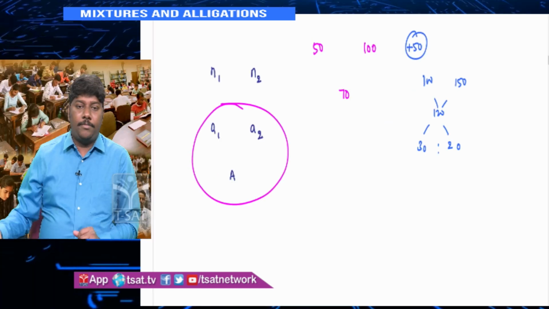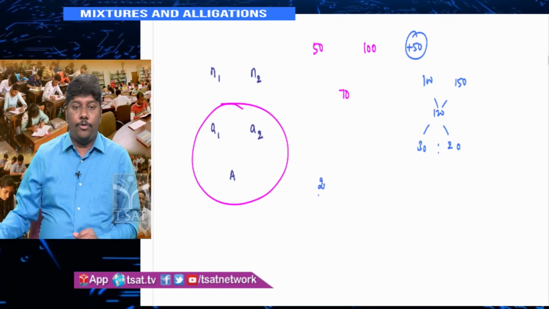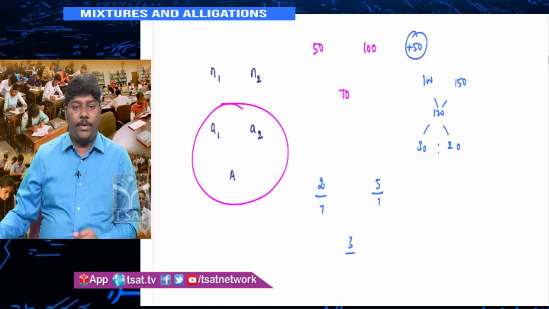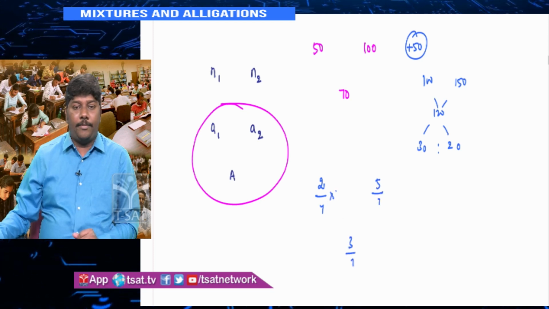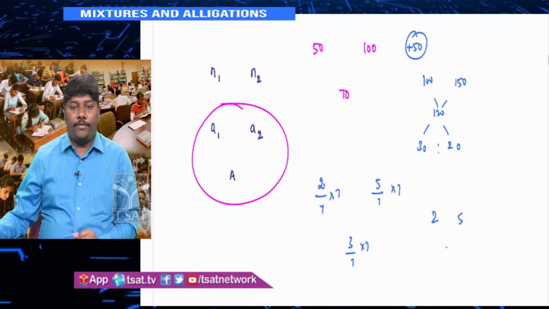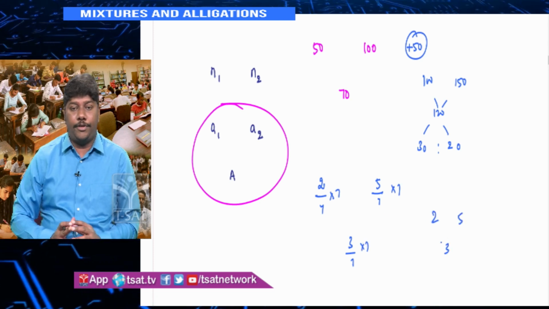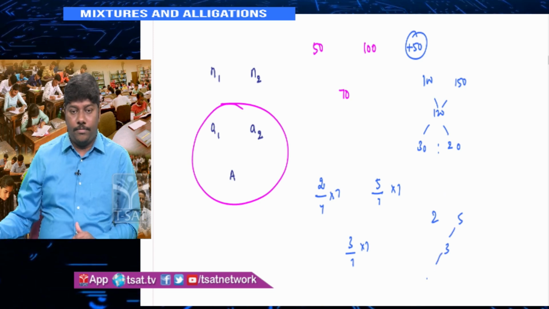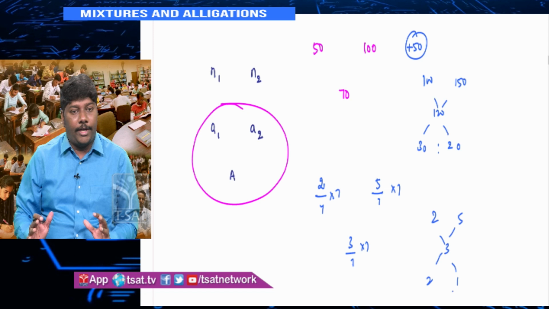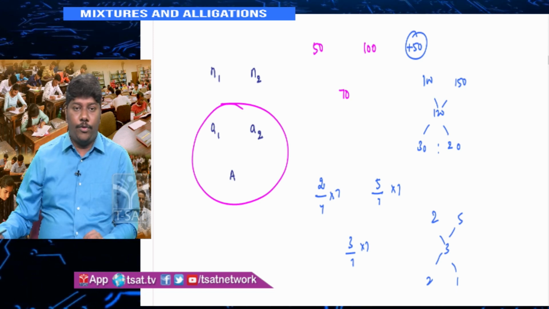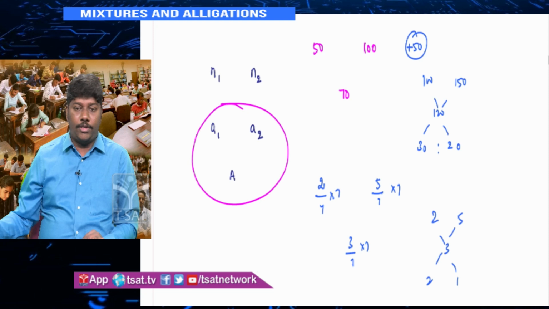Because sometimes it will be something like 2/7, 5/7, then 3/7. Don't do it in terms of fractions. Multiply everything by 7, 7, 7, and you end up with 2, 5, 3. Then you can easily find out the ratio. It is 2:1, N1:N2, because this difference is 2 and this is 1. So we can multiply A1, A2 and capital A by any number that we want. Look at the next one.